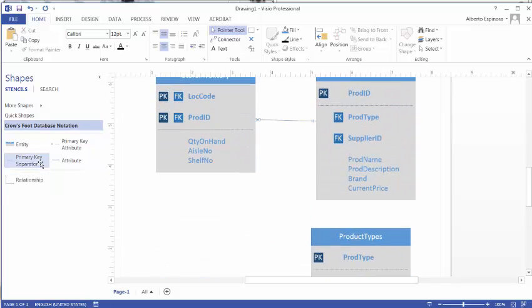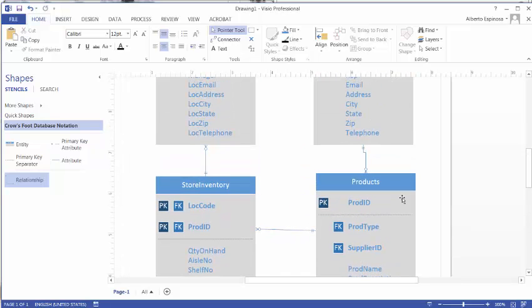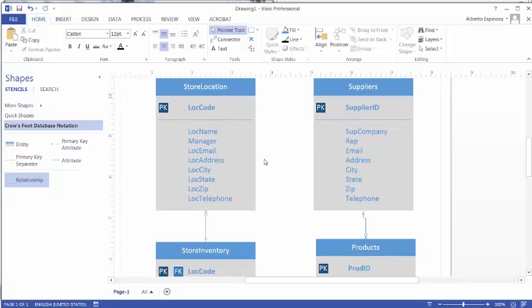We need one more. I'm going to take this, and product type can have 0 or many products, but a product has to be of one and only one product type. Now, notice that all the relations are 1 to 0 or many. Sometimes we don't want that. So for example, we know that a store location,